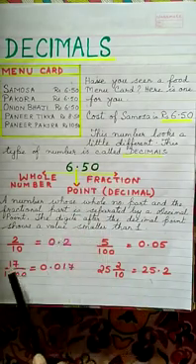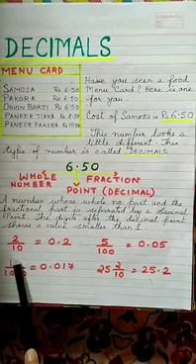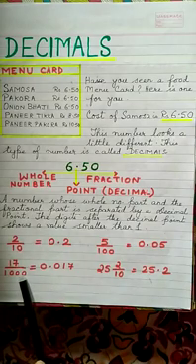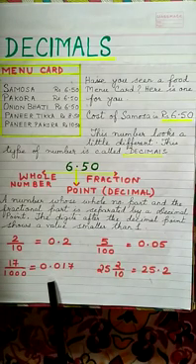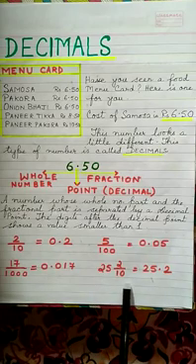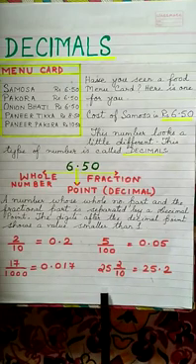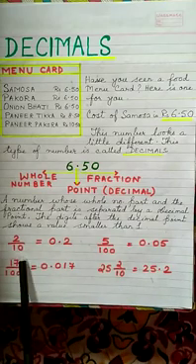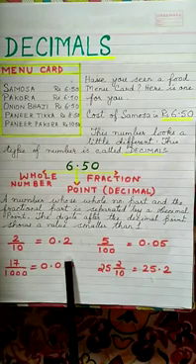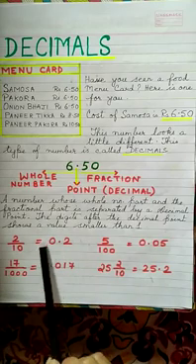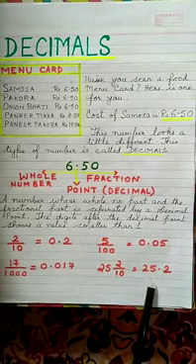So this side, the fraction part, is always less than 1. Now a fraction where the denominator, that is the bottom part, is either 10, 100, 1000 and so on, you can write as decimal fractions with a decimal point and no denominator, which makes it easier for calculations like addition and multiplication on fractions. So we have the fractions here. We have written it in decimals, that is with the help of the decimal point. This makes the calculations easier.